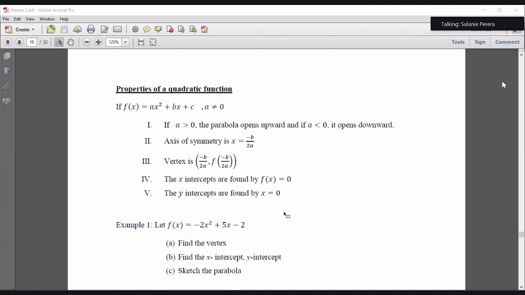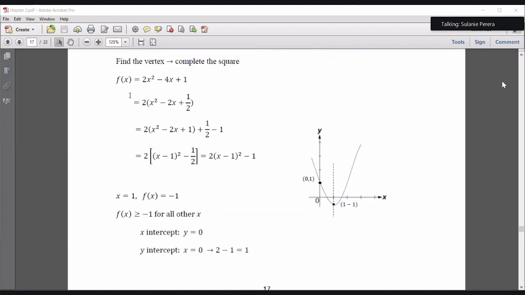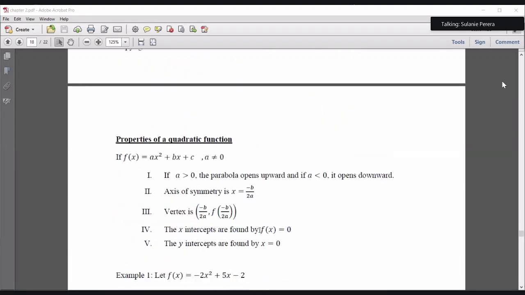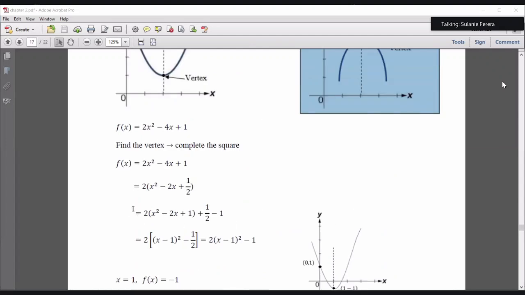So, properties of a quadratic function. If we have ax squared plus bx plus c, we say if a is greater than 0, the parabola opens upward. That is, if a is greater than 0, we have a minimum point. That's true, no? Here we had 2x squared, which is positive, so the parabola opens upward. And if a is less than 0, then it opens downwards. That is, it has a maximum point. And the axis of symmetry is x equals minus b over 2a. So true here. We get x equals 1 here. Right? If you do minus b over 2a, you will get the same.